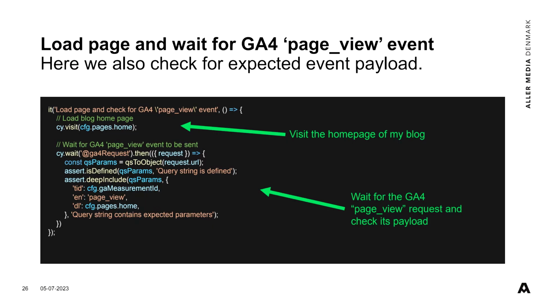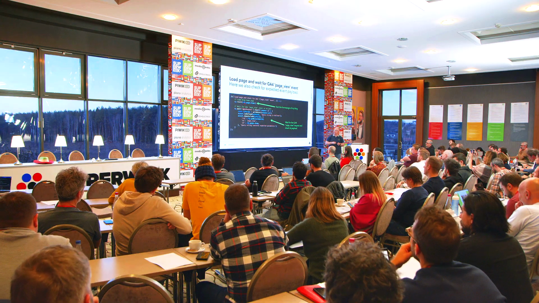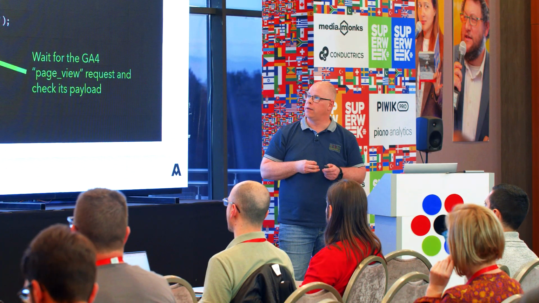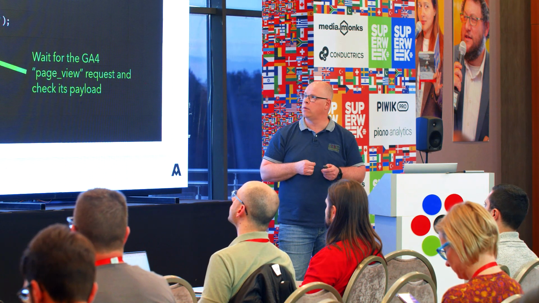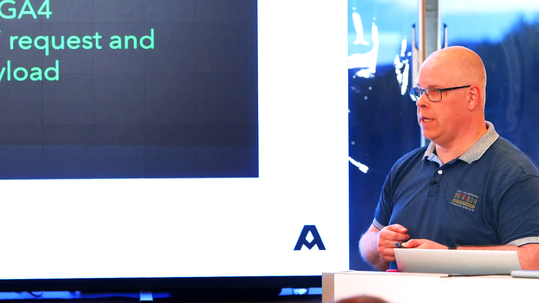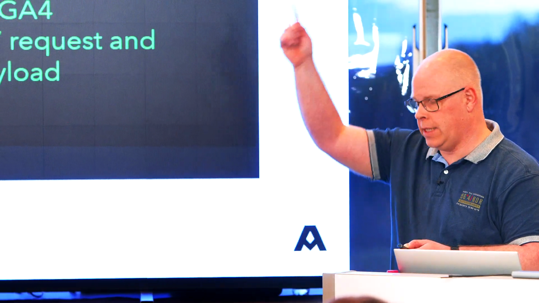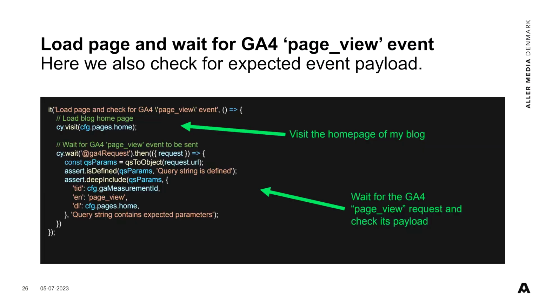And in this test, I then want to load the page and wait for this GA4 page view event. So I tell Cypress to visit the page. In this case, I put the URL in a variable. I have a settings variable, config variable. And then I tell it to wait for GA4 requests, so matching the interception I just made. And then when it catches one, then I can do something